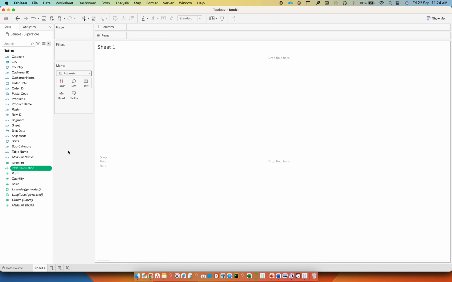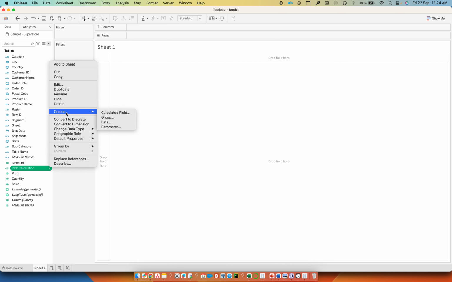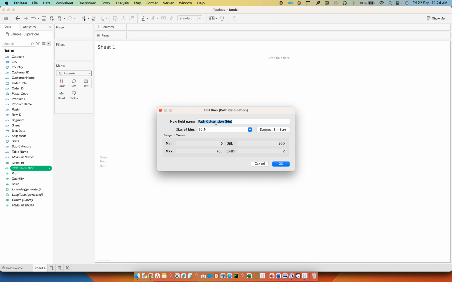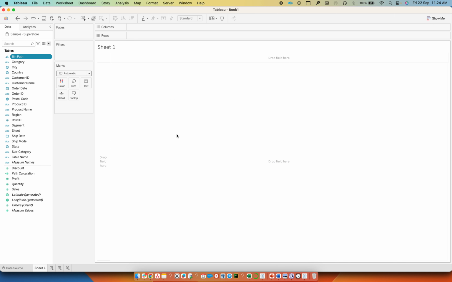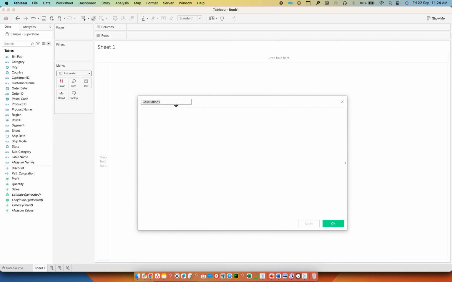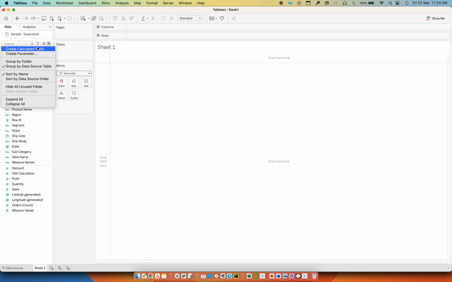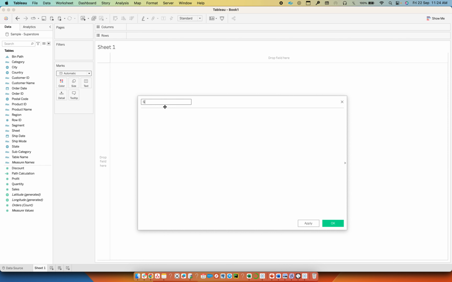I'll click on OK. Now I will create a bin of this path calculation. I will name it bin path, and I'll put the size to 1 here. Click on OK. We'll have to create a couple more calculated fields. The next one would be the rank calculation. Before creating a rank, I will create another calculated field, which is sales percentage